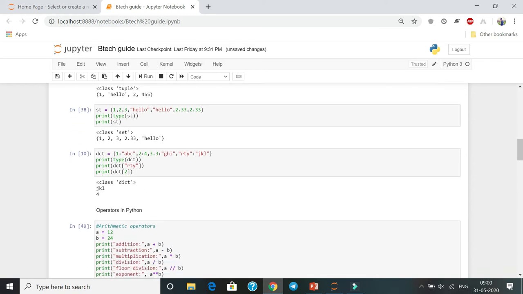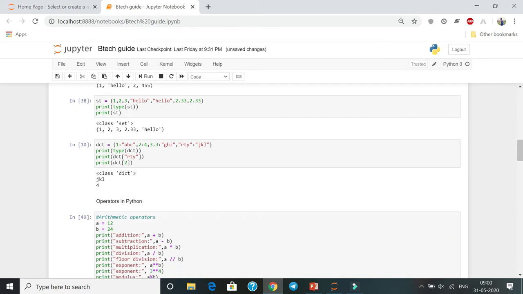And this is a dictionary. In a dictionary we can have our own indexes. The left side of the column is called the key, and the right side is known as the value. So 1 will have a value ABC, 2 will have a value 4, 3.3 will have a value GHI, and our RTY will have a value JKL. If we print the type of DCT, we get class dict. If we print DCT of RTY, that is this key over here, then we get the value JKL. And if we print DCT of 2, DCT of 2 is 4 as we have given here. So till now we have seen the data types in Python,